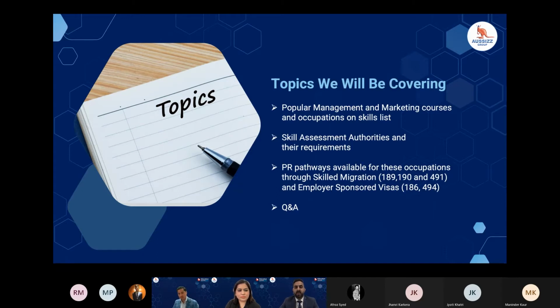So which authority you need to go to if you have studied a management or a marketing course here. What are the other prerequisites of those skill assessment authorities to give you a positive assessment? All those things you need to go through before you become eligible to apply for your visa. The pathways available for these occupations through skilled migration, obviously one of the most opted options for permanent residency,